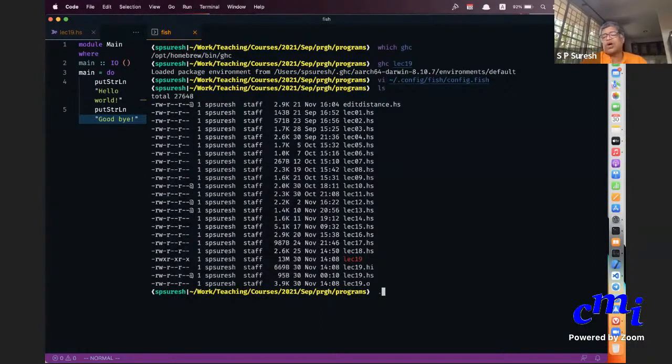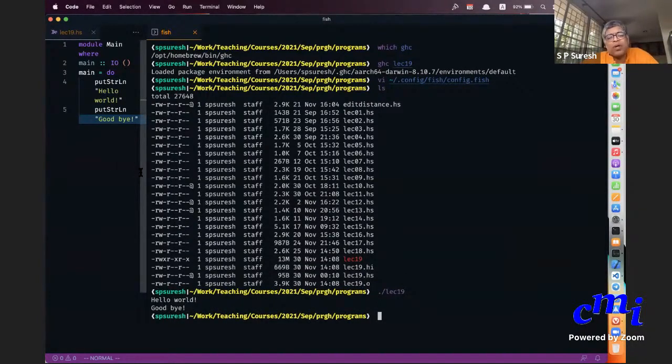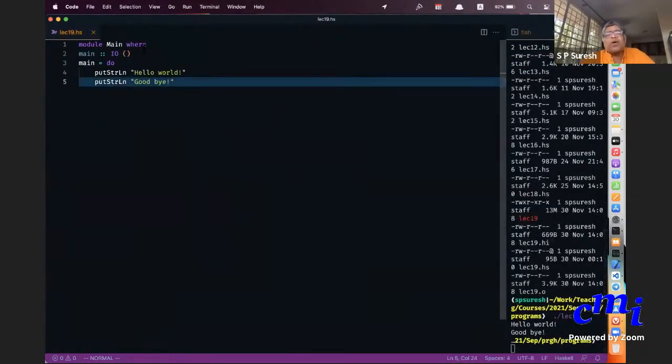So you say ./lec19, which means under the current directory, execute lec19. That will automatically launch that program. That program will print hello world. This is some useless bit of information it is printing. You can print whatever else you want.